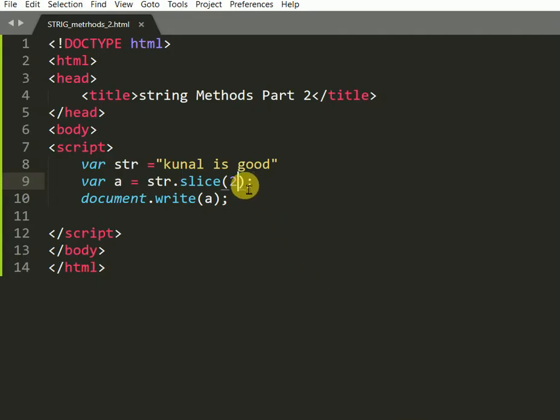And if you pass 7, we get the output 2, 3, 4, 5, 6.